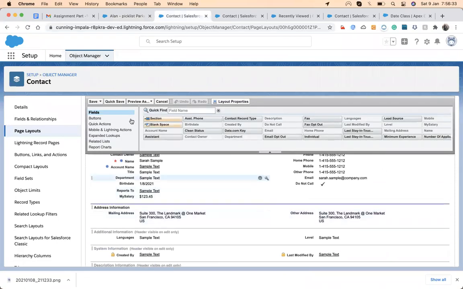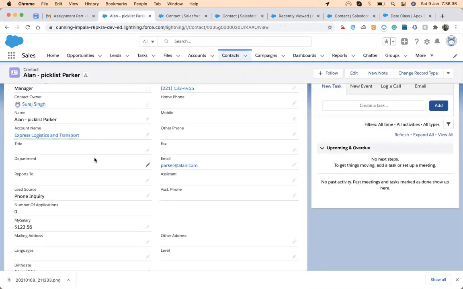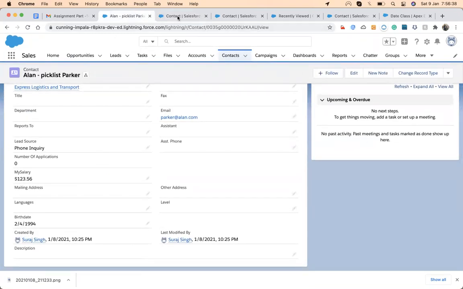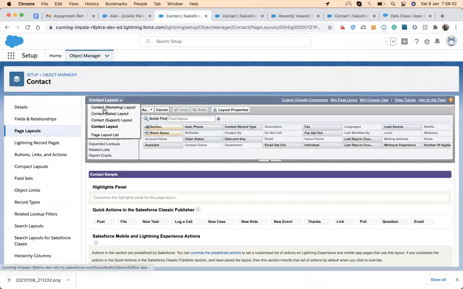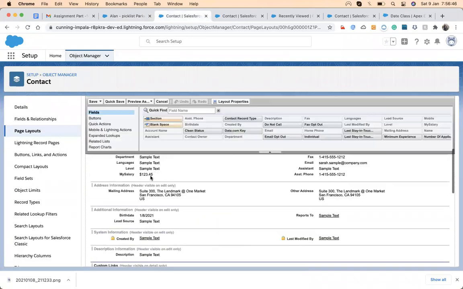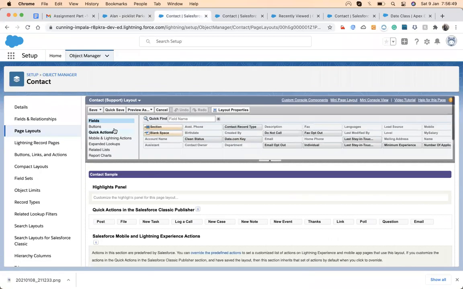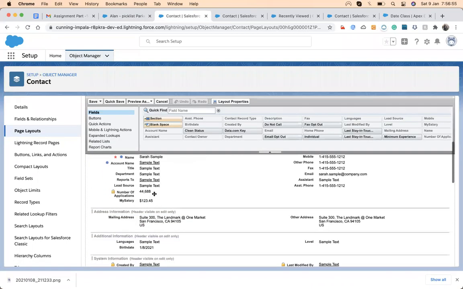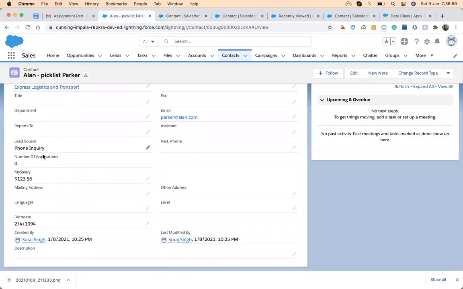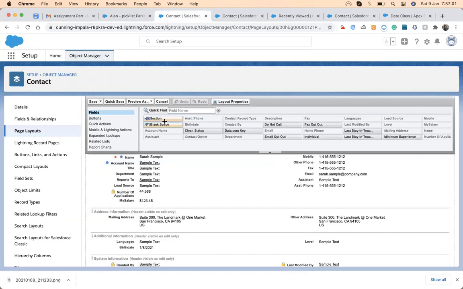Email, then we have address, reports to. Okay, it's some different layout. Yeah, this one, number of application. This is the layout.